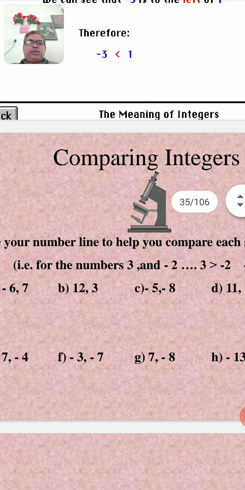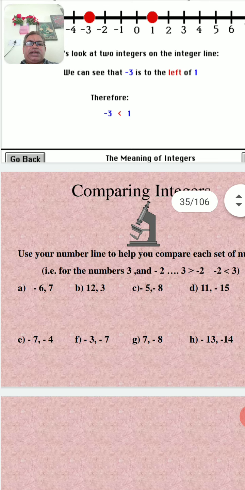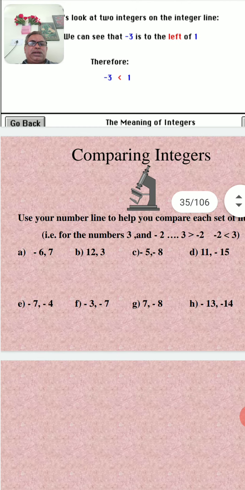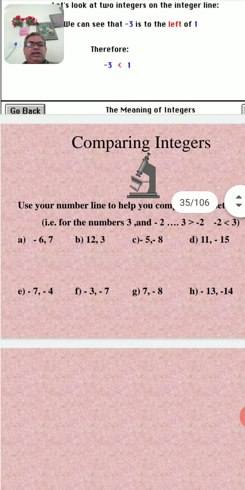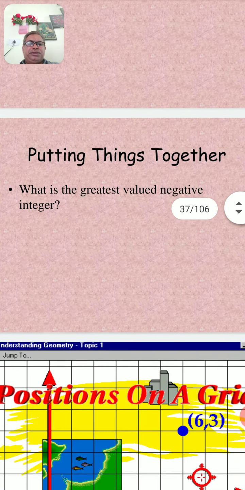Now using the number line you can compare minus 6, 7, who is greater? 12, 3, who is greater? Minus 5, minus 8, who is greater? Minus 11, minus 15, who is greater? So you note down these examples and you can solve them for better practice to understand comparing of integers. You can note down this, and further if we proceed,